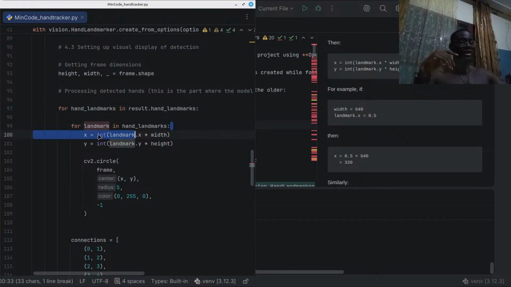So that's what we'll have here for each landmark: int of landmark.x times width, in order to get which position on the width of the frame that x component is, and which position the y component is in, to get the exact pinpoint of where that pixel will be. It's just a pixel, but like 100 of those now will be